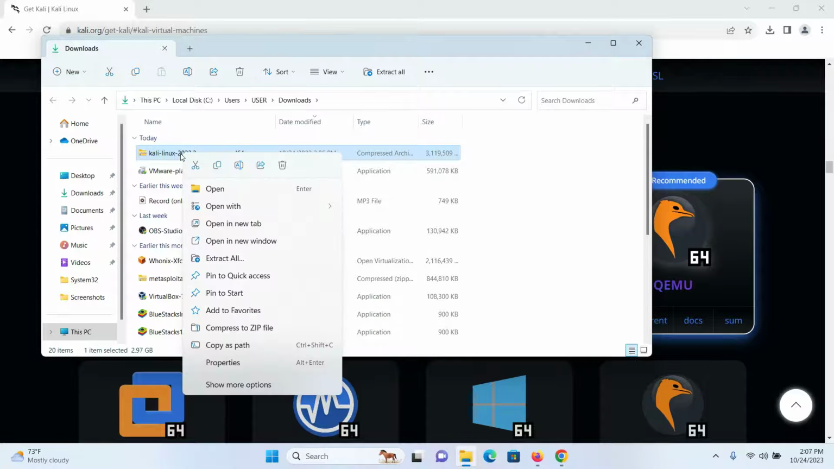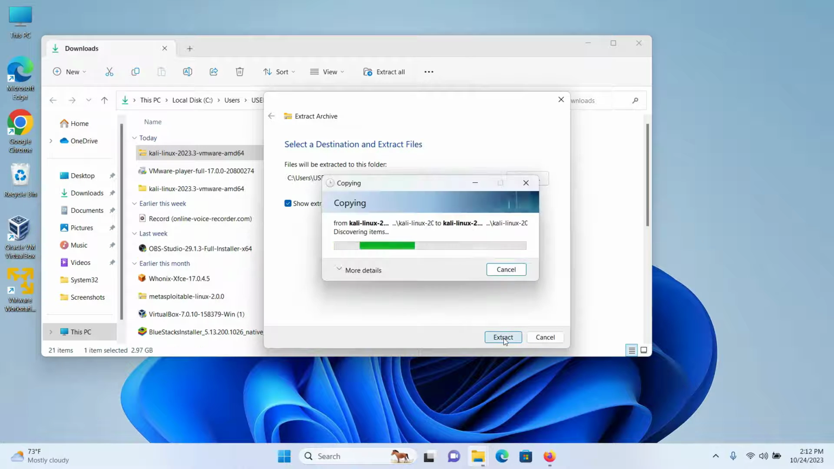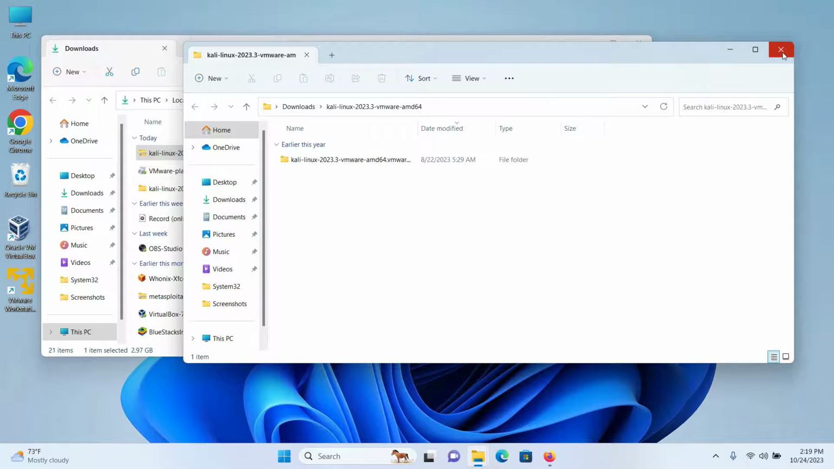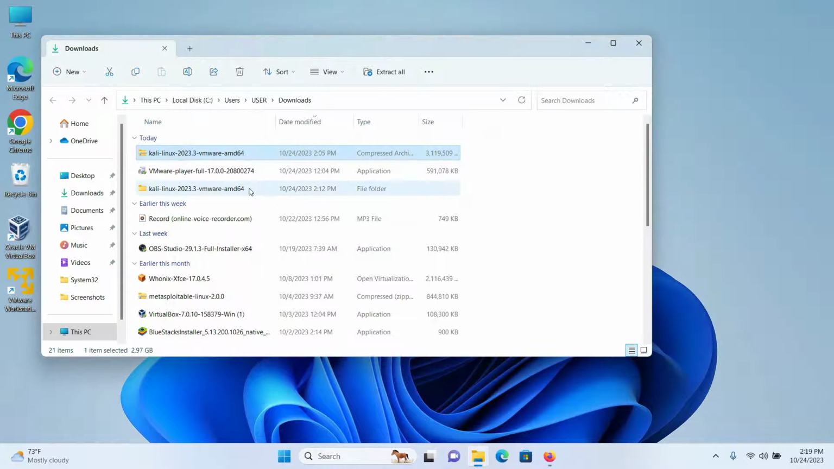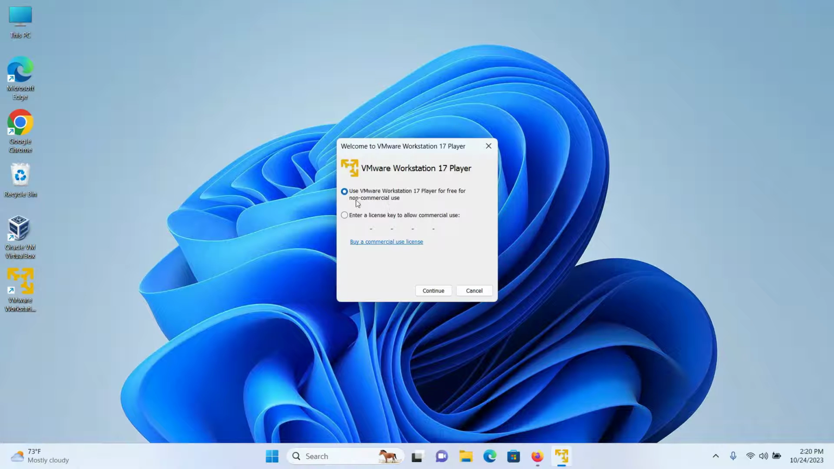Right click on the file and then click on extract all. I will be keeping the extraction path as default, which is the downloads folder. So I'll click on extract. And after the extraction has been completed, I can confirm this is the folder that just got extracted in the downloads folder. So now I will open my VMware Workstation, keep the non-commercial use selected and then click on continue,